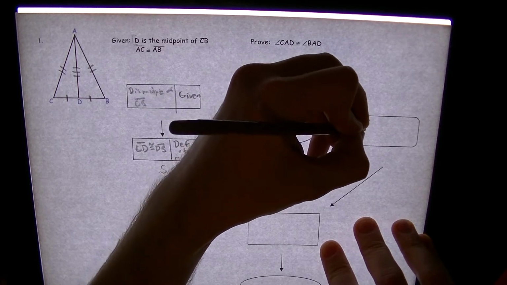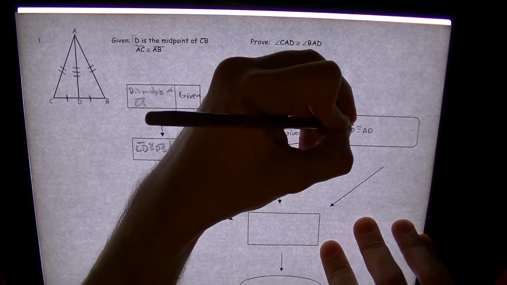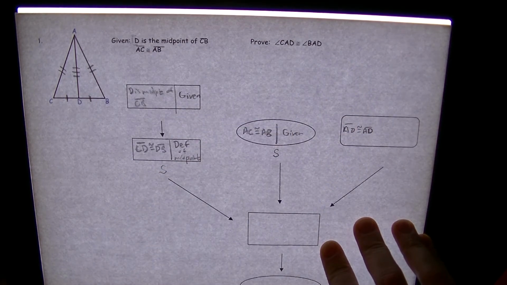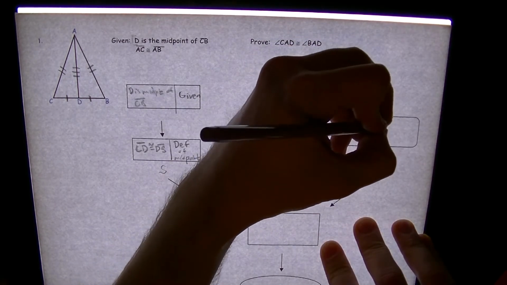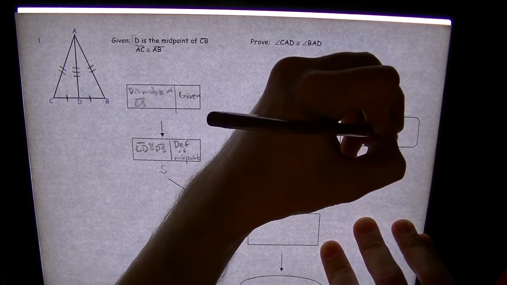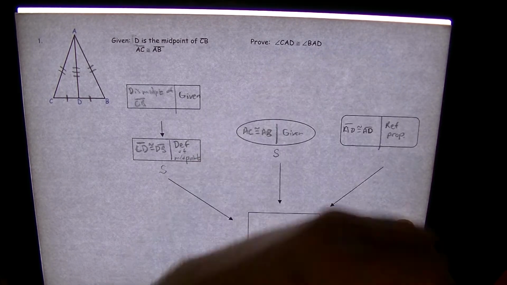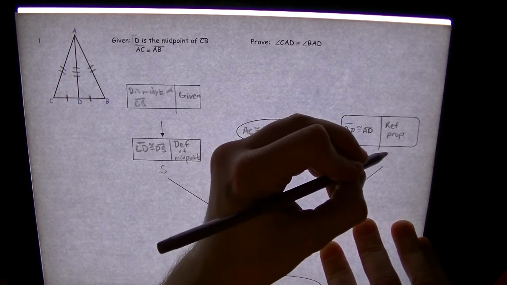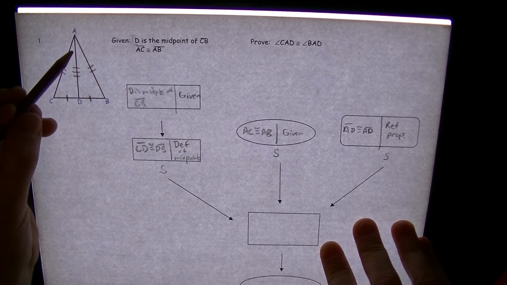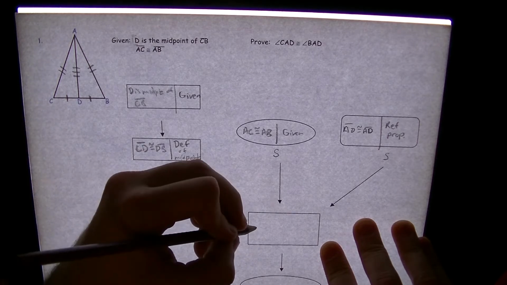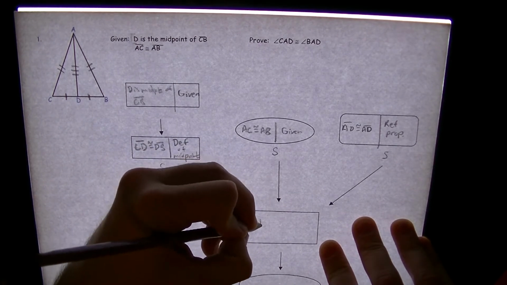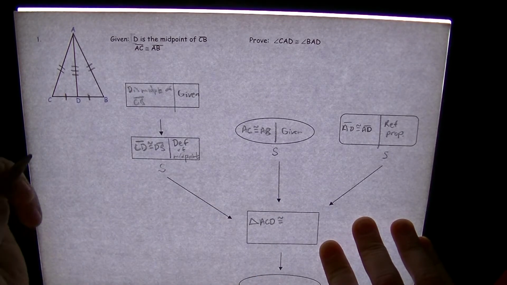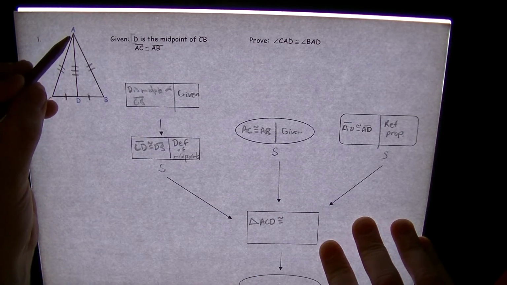And since the pink sheet's not really showing up so well, I'm not going to bother showing you that in the video, but I know that AD is congruent to AD, and that's because of my reflexive property. And I'll just write ref prop. And that gets me a third side. And so now I have that triangle ACD is congruent to triangle ABD